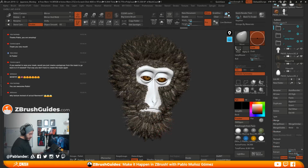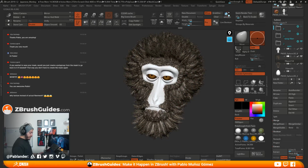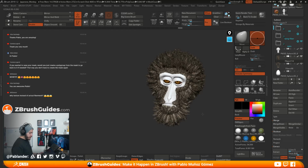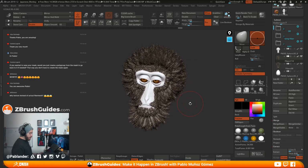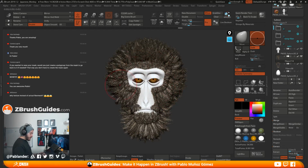Hopefully you see the process is very straightforward, very simple. So I kind of like this one, but in all honesty, I think the file created when I was changing the settings is going to be more suitable for this character. One thing you'll notice is that the difference between one and the other is very well defined. So you can create another rim of a mask and then create new fibers to create a transition, or alternatively you can go back to this one